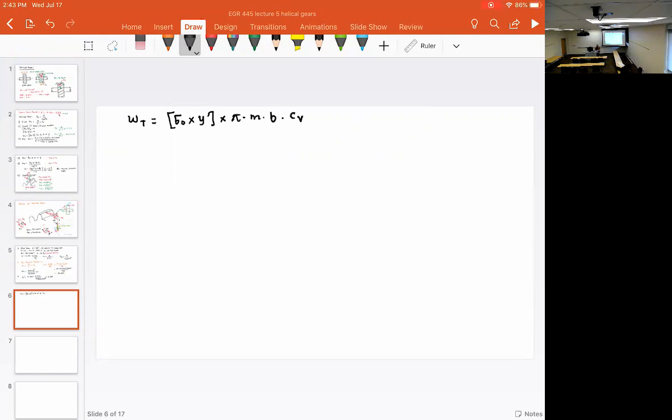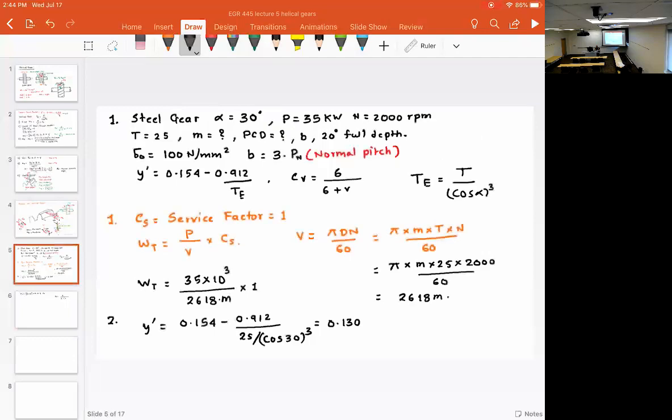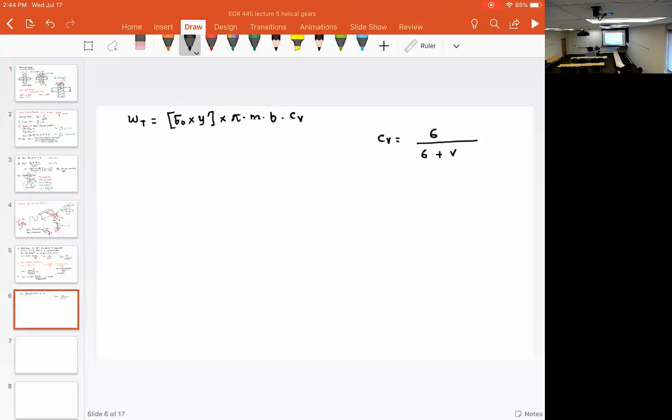So in this particular problem, we don't even know what the velocity factor is. So for the velocity factor, we will use the equation that they have given us. Velocity factor Cv is equal to 6 divided by 6 plus V, and the equation for V we already know, 2618, which is 6 divided by 6 plus,